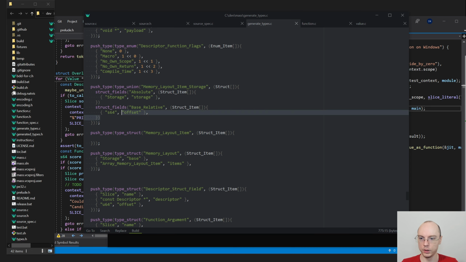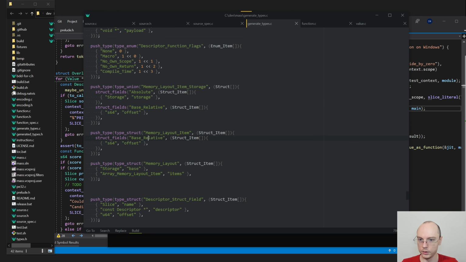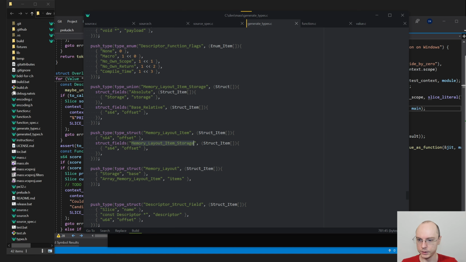So now we need to put in here storage. No, that is the wrong way to do it. It should be like this. Storage, or